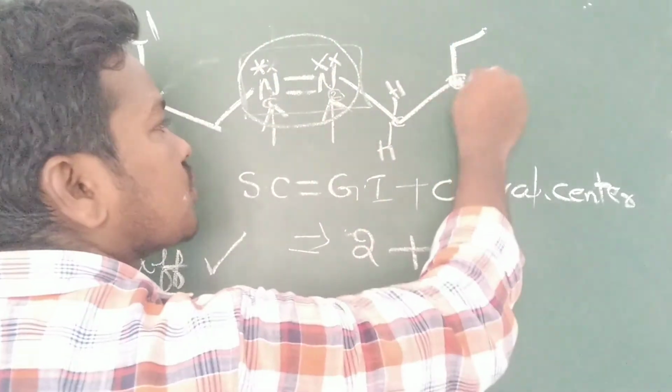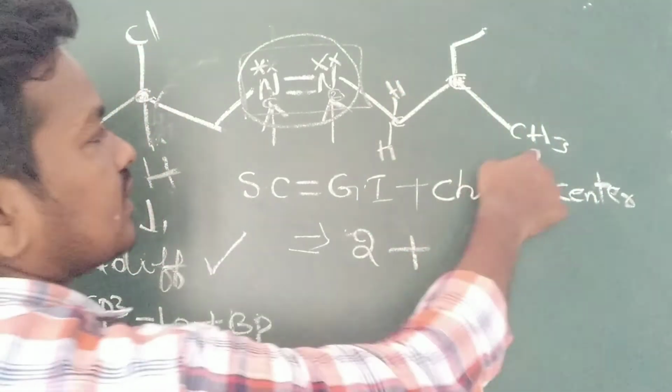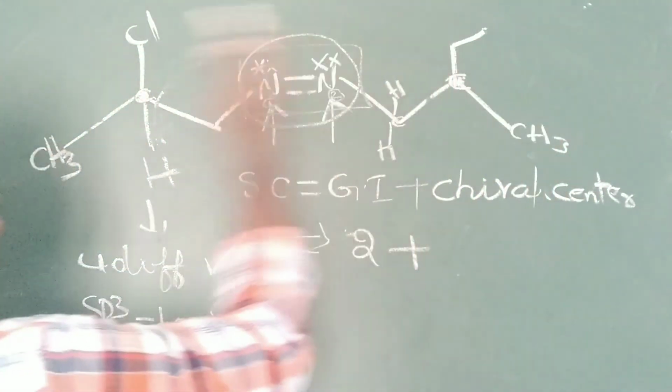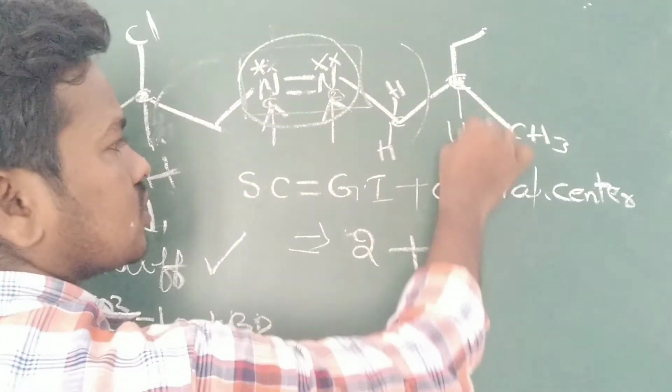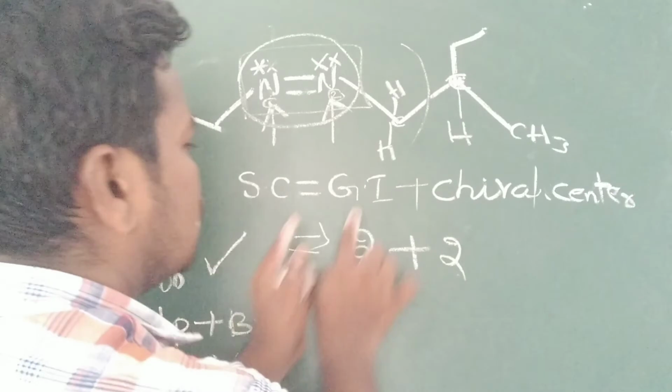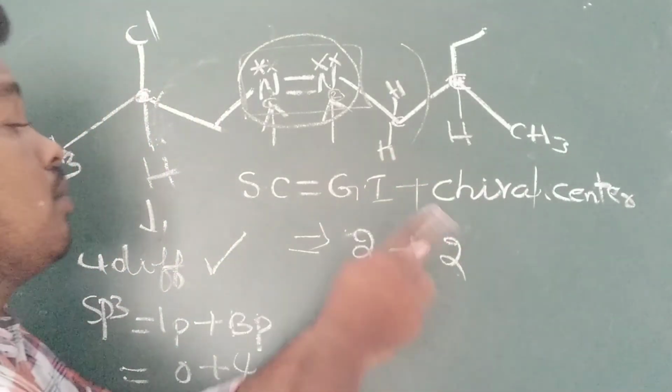Is this carbon showing? Of course, here methyl is there, here ethyl is there. Methyl, ethyl, it is different. This total group is different, and hydrogen is zero. So geometrical isomerisms are two. Geometrical isomerism is shown by the double bonded system atoms.